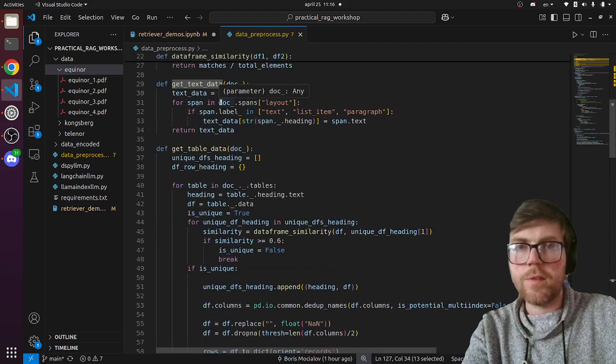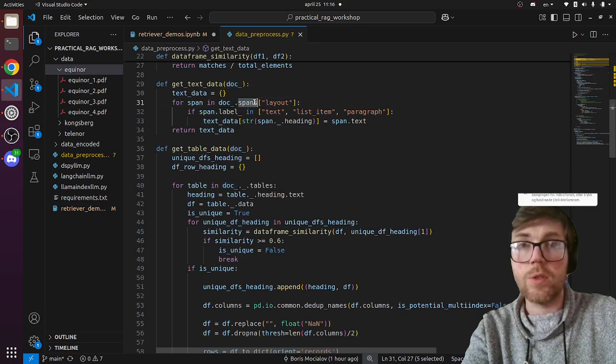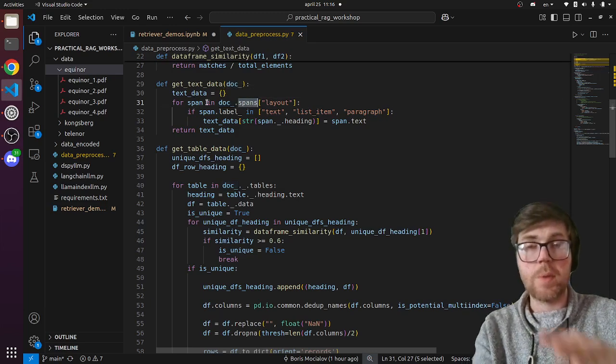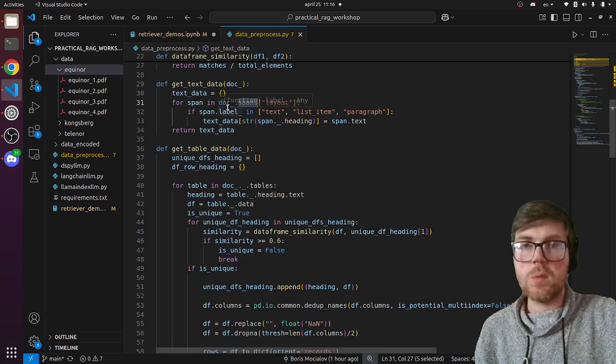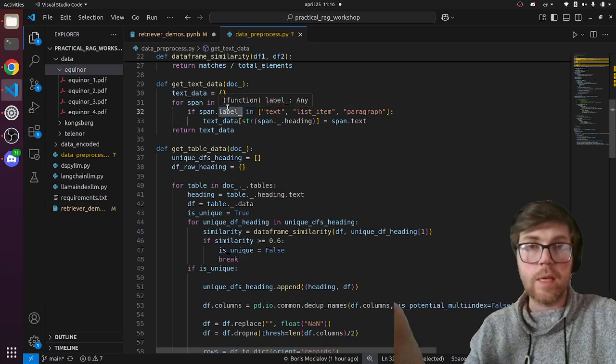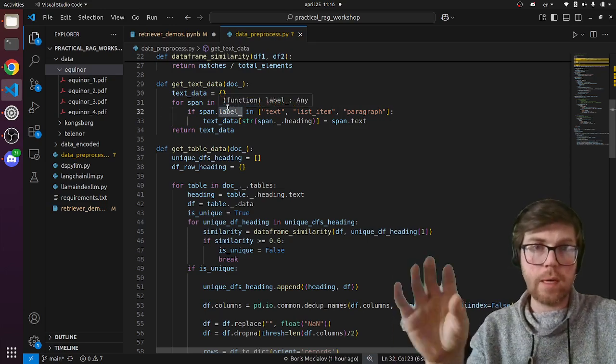here we have, spaCy Layout produces an object which allows you to look at spans. So it classifies everything as a span. And in that span, it provides a label. So it does classification of what the item is,